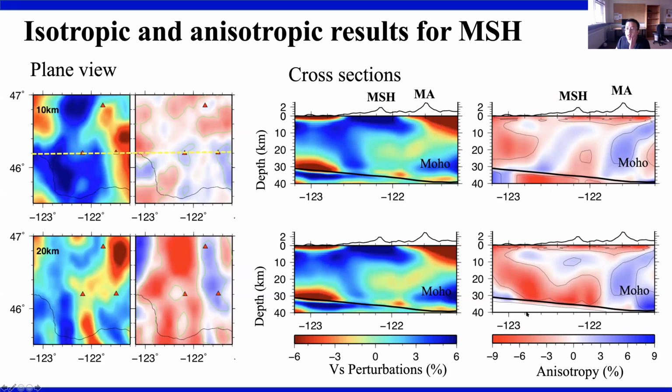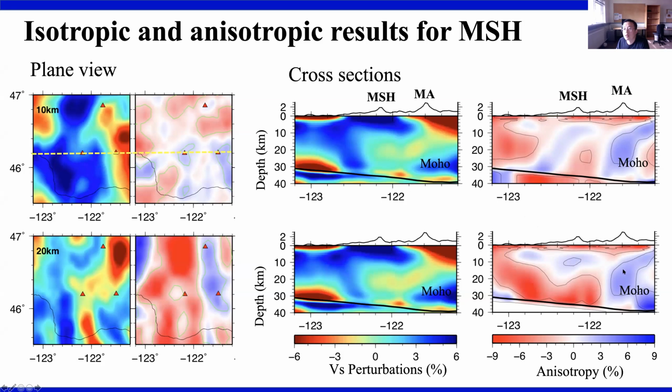This is just a test to show whether most of the features we observe are robust or not. Having these two tests, you can see the isotropic velocity doesn't change at all, right? There are slight differences, such as maybe the continuation of this red blob, but most of the features